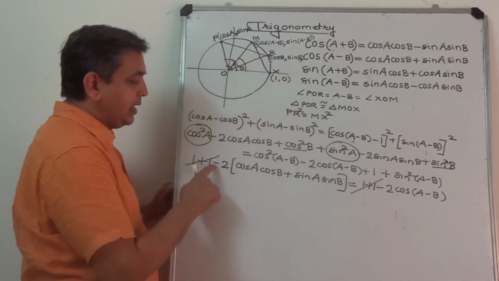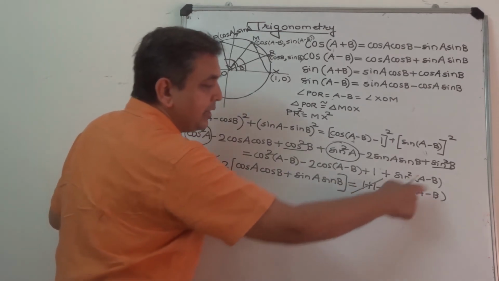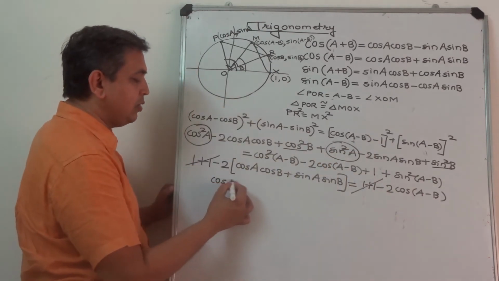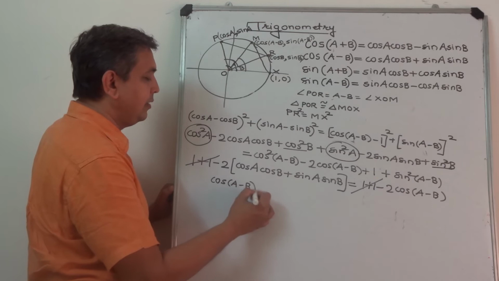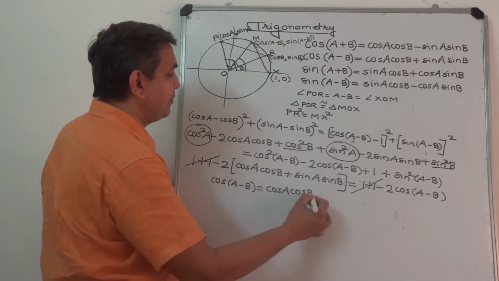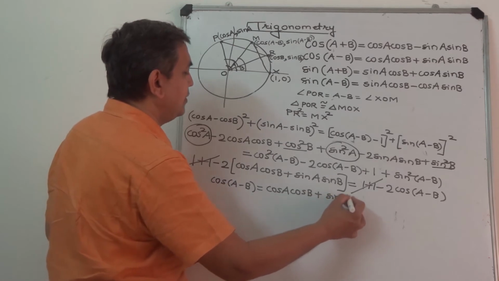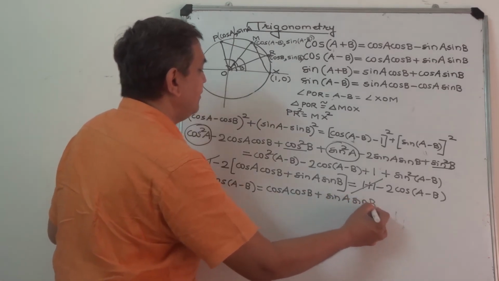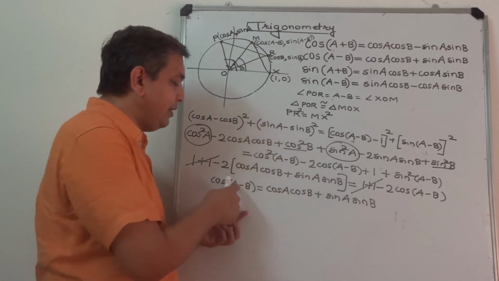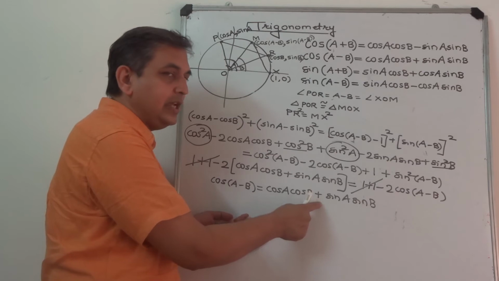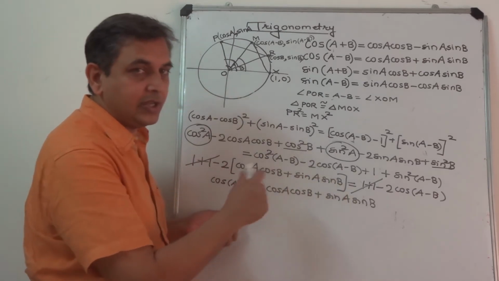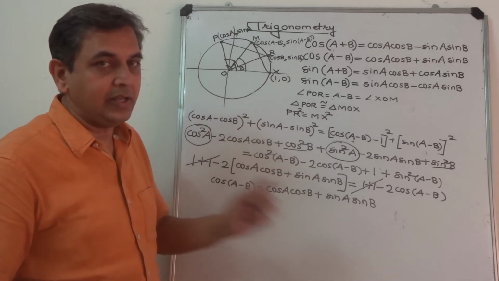On both sides we are left with minus 2 times some bracket. So minus 2 gets cancelled, and here we can write cos of A minus B is equal to cos A cos B plus sin A sin B. We have to remember this formula well. Cos of A minus B, if it is minus, we have to change the sign in between. 2 terms of cos and then 2 terms of sin. Cos A cos B plus sin A sin B.